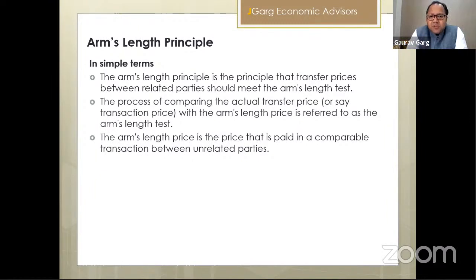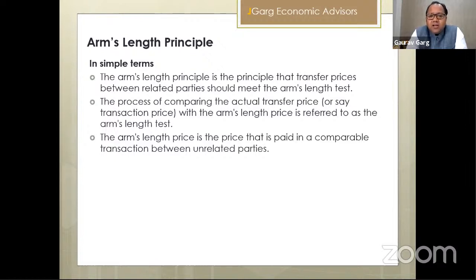But the arm's length principle says when you are dealing with an unrelated party, you are maintaining a certain distance, and that distance is generally arm's length, which means the relationship is not impacting the distance. So the law or the regulatory bodies want you to adopt a price which is not getting